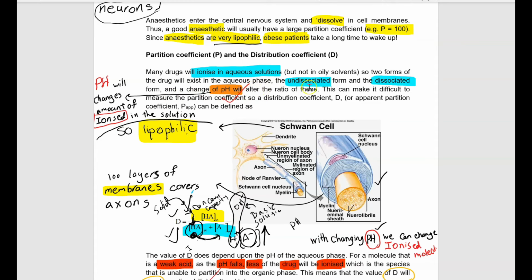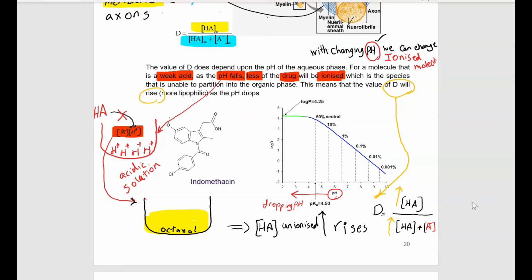So this part of the pack is just explaining this. Again, in this part of the pack, I'm just explaining. It says that a weak acid, a molecule that is a weak acid. So this is a weak acid. This weak acid is